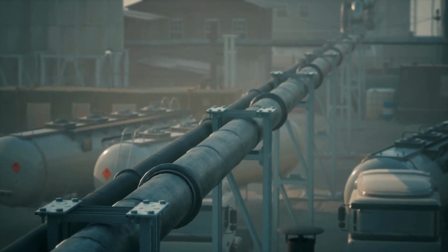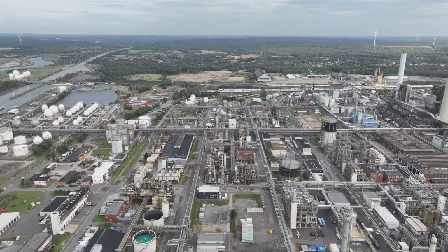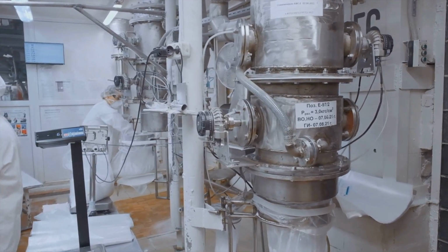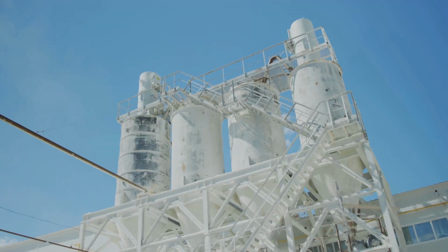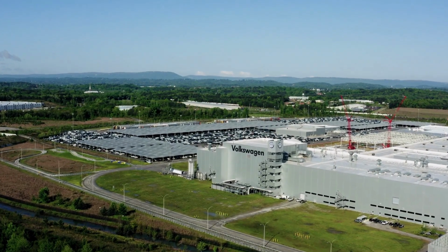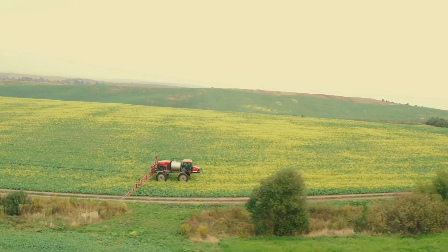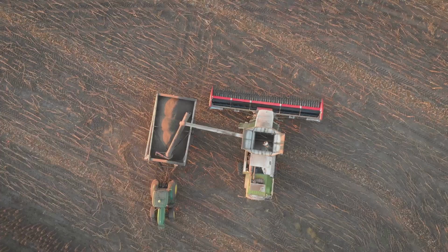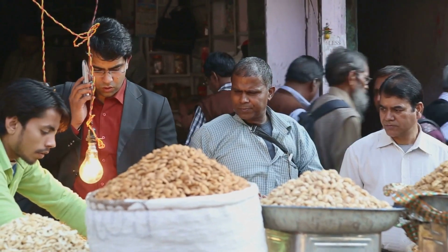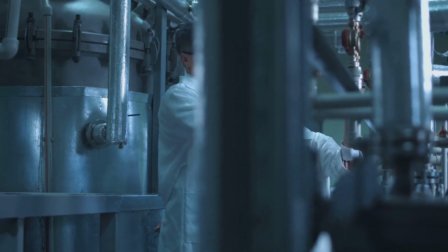So, Dosto, from the invisible nitrogen in the air to the solid white prills that nourish our soil, we've journeyed through the heart of India's fertilizer industry. We've seen the incredible science of the Haber-Bosch process and the engineering marvel of prilling towers. We've seen how giants like IFFCO and NFL work on a colossal scale to uphold the pillars of our agriculture. This industry is the silent, powerful engine that has fueled our green revolution and continues to ensure that the plates of 1.4 billion people do not go empty. It's a story of science, scale, and national